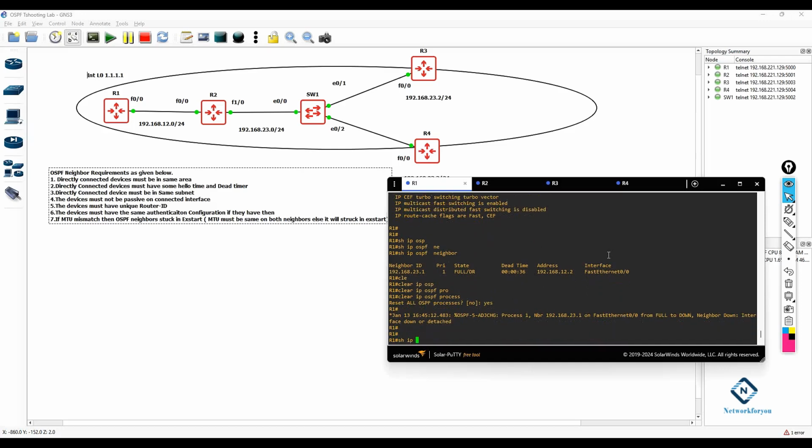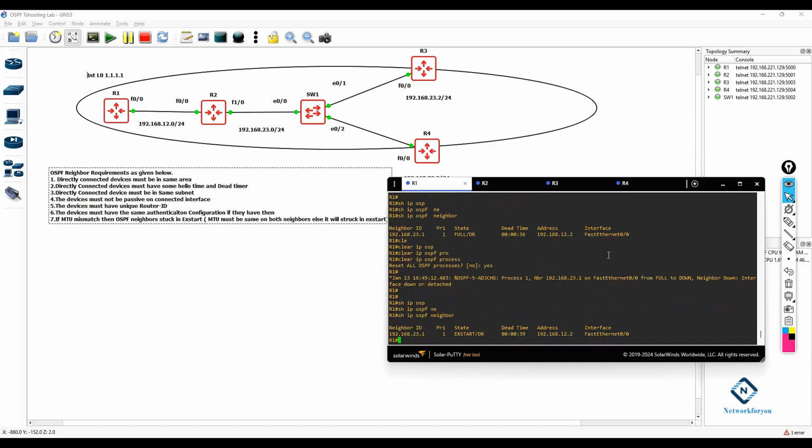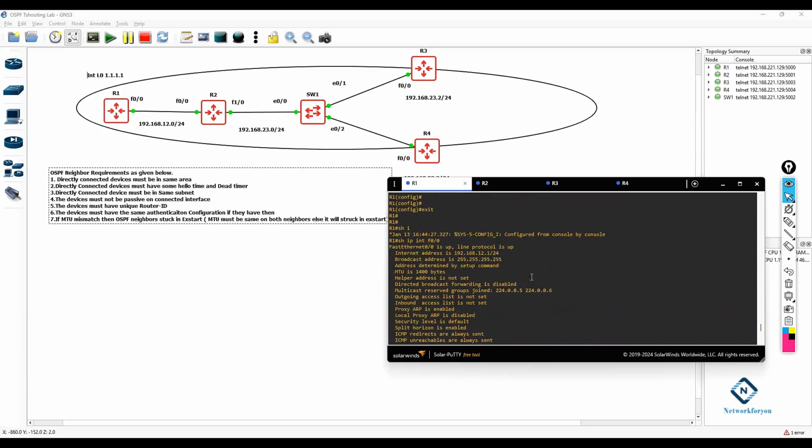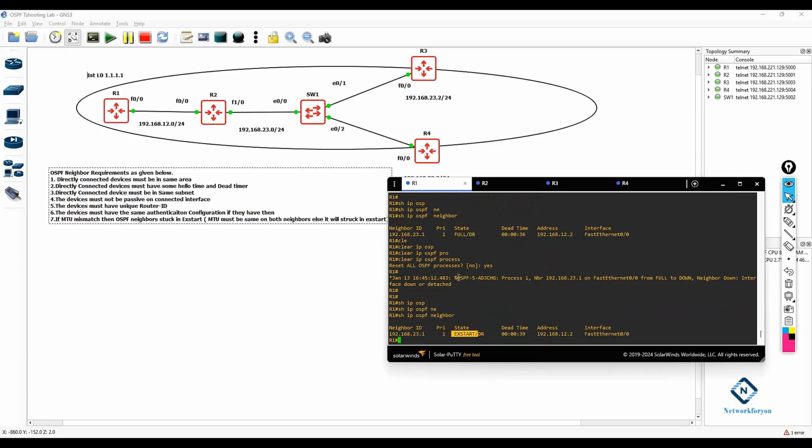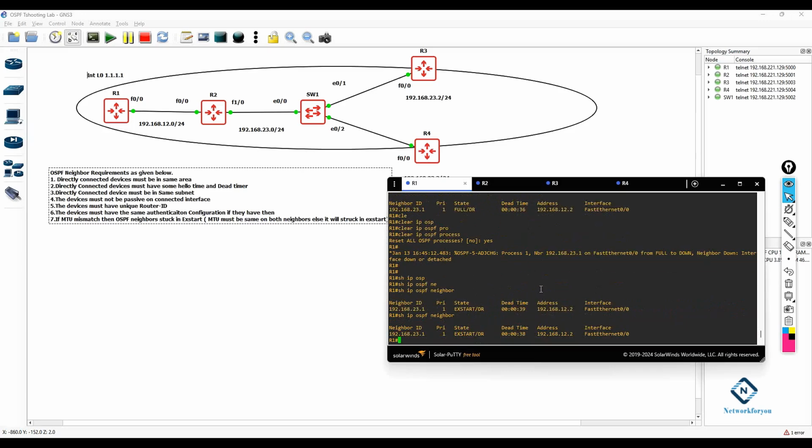Okay, so show IP OSPF neighbor. See here, the neighbor is stuck in ExStart. Before, if I did not do the clear IP OSPF process, I would need to wait for some time. When the dead timer finishes, that is when they will be stuck in ExStart. Now I do clear IP OSPF process, so it will reset, and after that we see it is stuck in